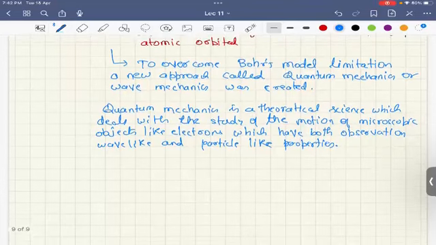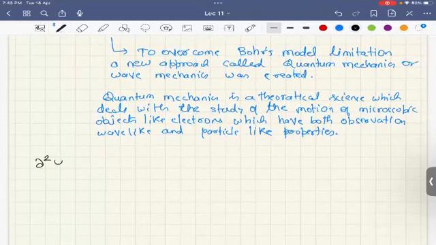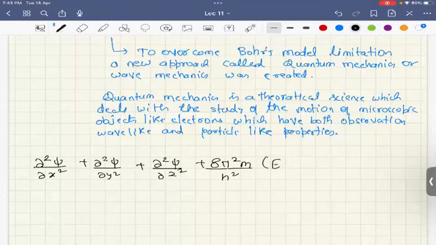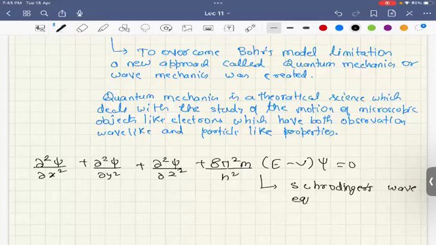Right? And the Schrödinger wave equation is given by this expression: del 2 psi by del x square plus del 2 psi by del y square plus del 2 psi by del z square plus 8 pi square m by h square into (E minus V) psi equals zero. This is Schrödinger's wave equation,